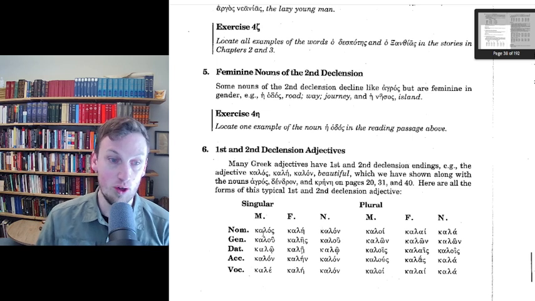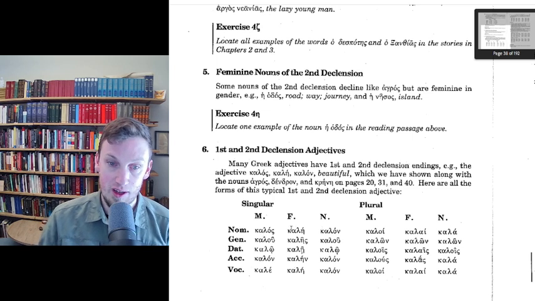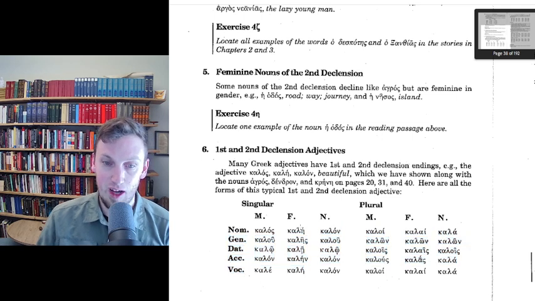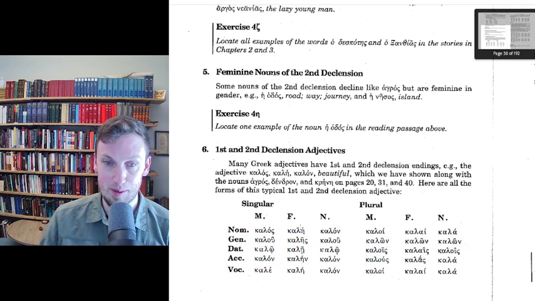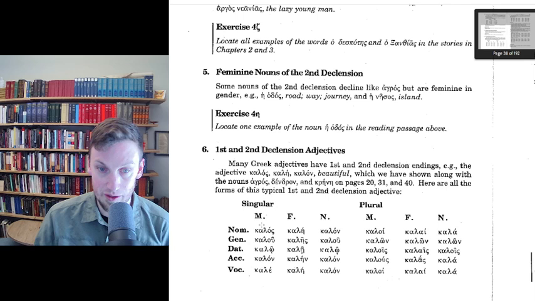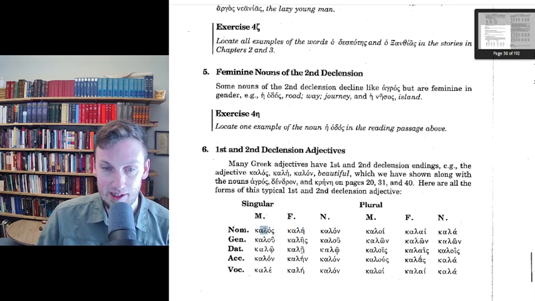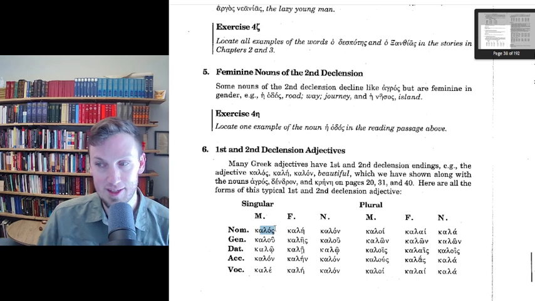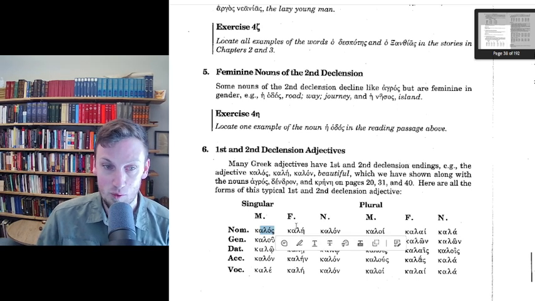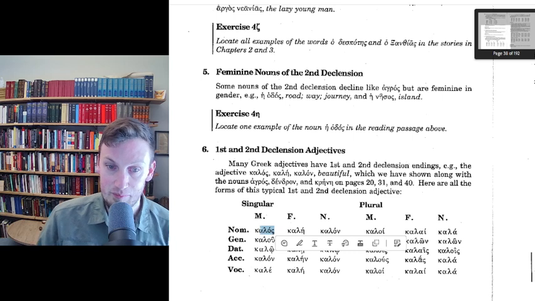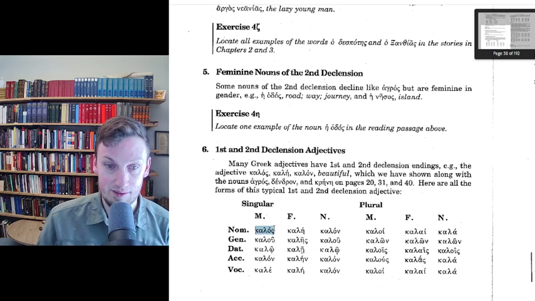Which means if we're talking about a road, we're going to use the first declension feminine endings if we want to talk about a beautiful road. If we're talking about a field, well, it looks quite nice, right? We can use second declension masculines, which will happen to match in that case. But if we're talking about a first declension masculine with the eta sigma ending, it's going to be matched with a masculine second declension here. So